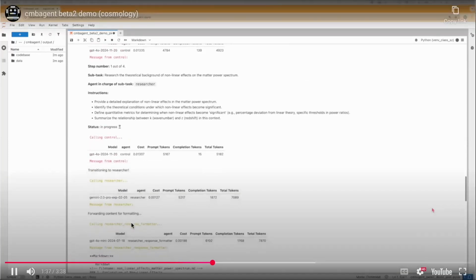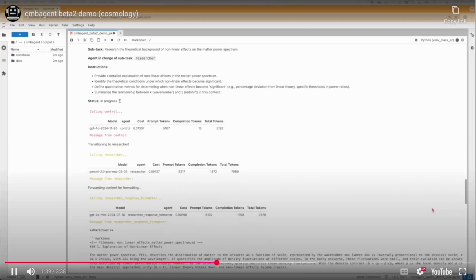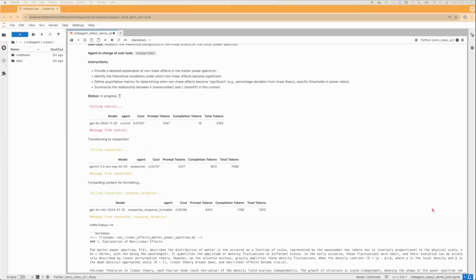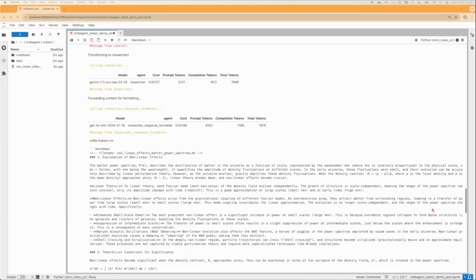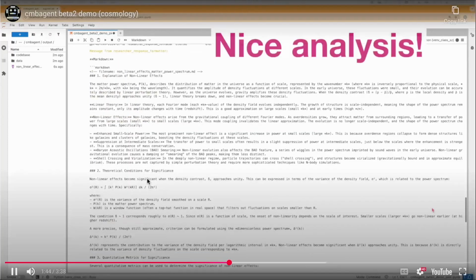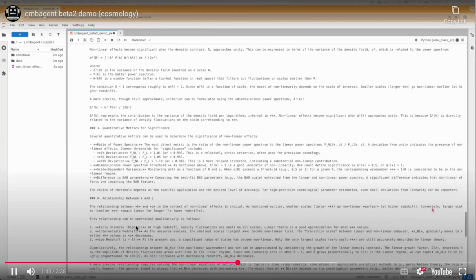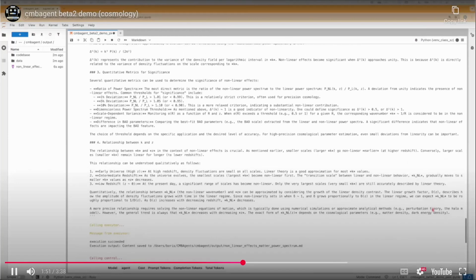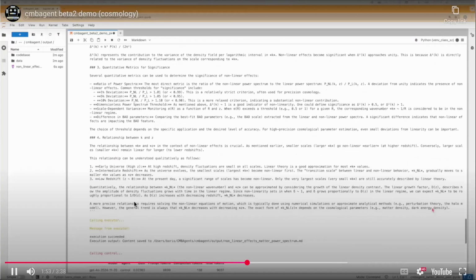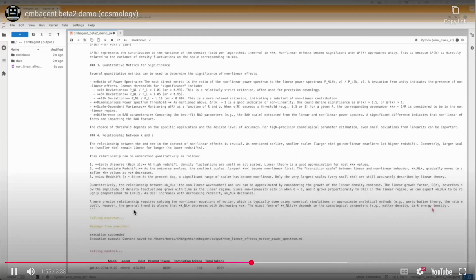The response from that agent will also be formatted by a research response formatter to make a nice markdown format. Here we can see some initial analysis done by the researcher, and the researcher also suggests some code that needs to be executed by an executor agent.